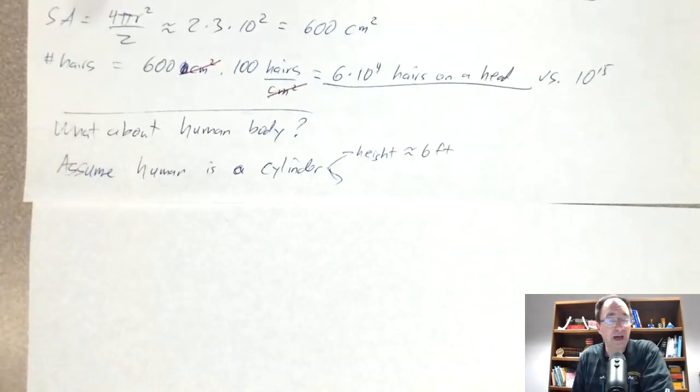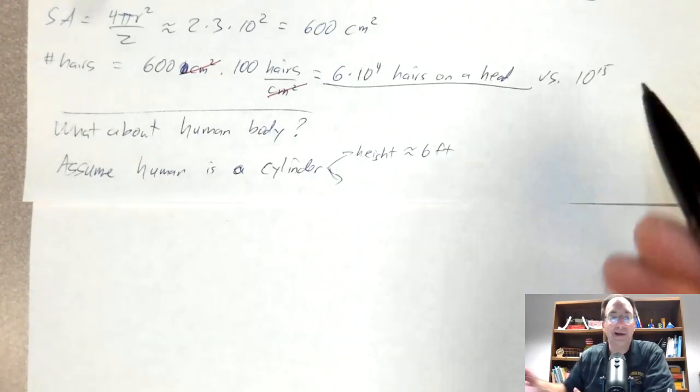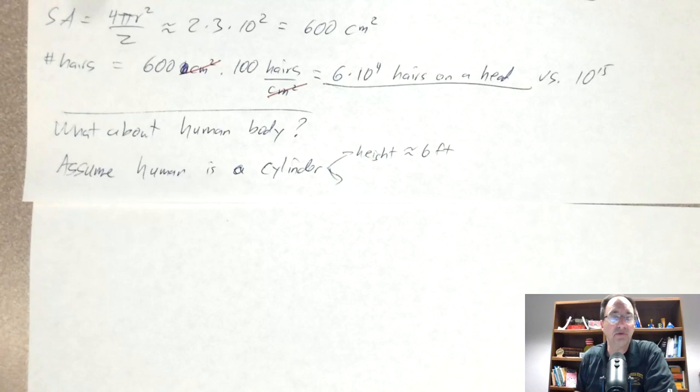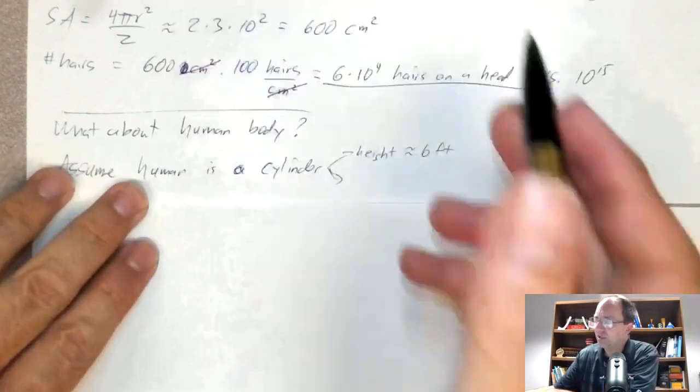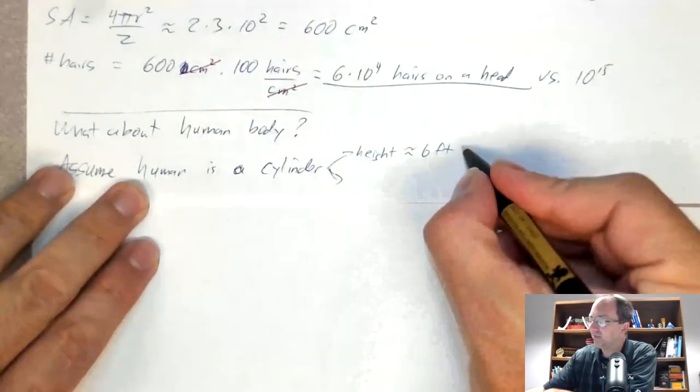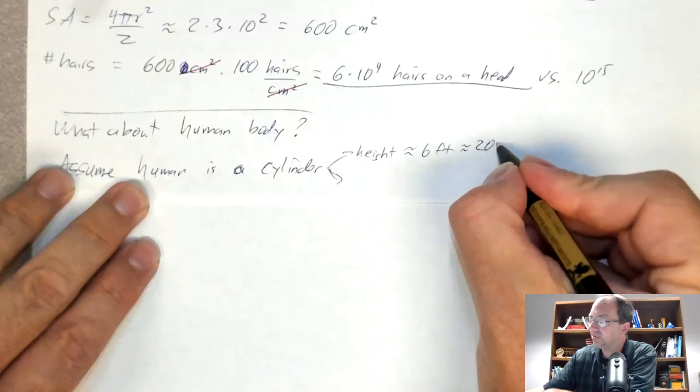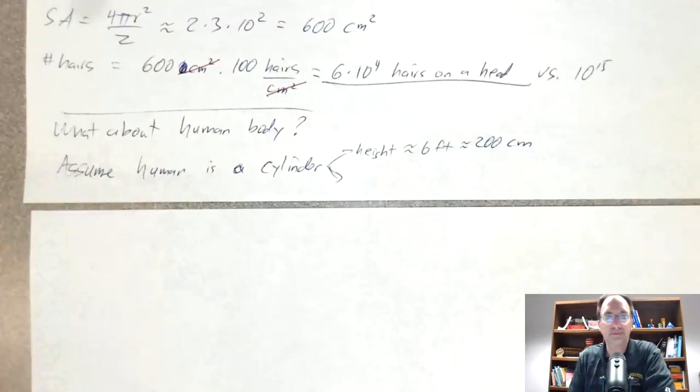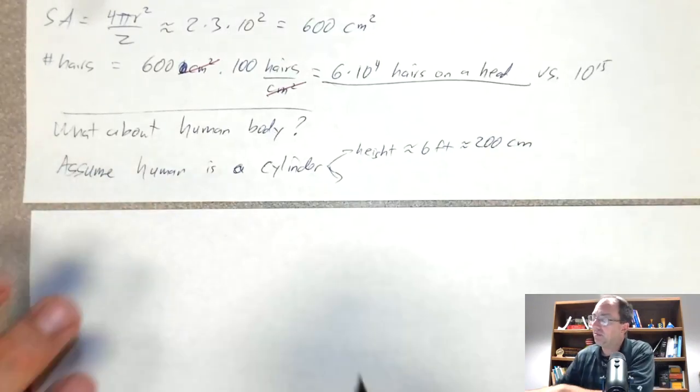Now you may say that's a little high for an average person, and it may be, but remember, we're trying to justify how to get this number up to a quadrillion. So if we estimate a little on the high side for this particular problem, that's okay. So 6 feet. Now we've been doing things in terms of metric, so let's go ahead and convert that to 2 meters or 200 centimeters. Okay, and then the radius,